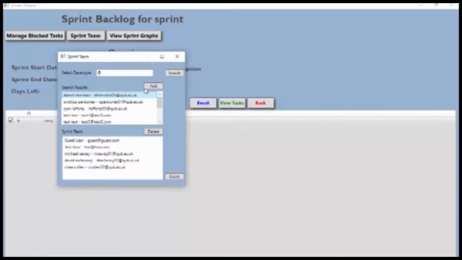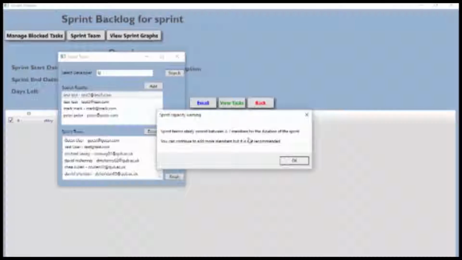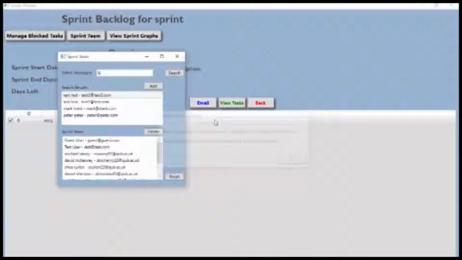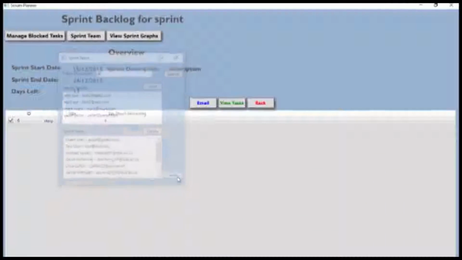Let's see, we have 5, 6, 7, 8, 9. It is widely known that the maximum recommended number of members within a team should only be around 3 to 7. We do allow up to 9, but that is our maximum. So if we hit finish,